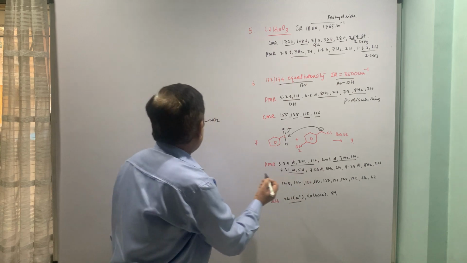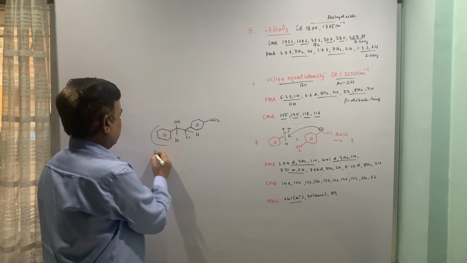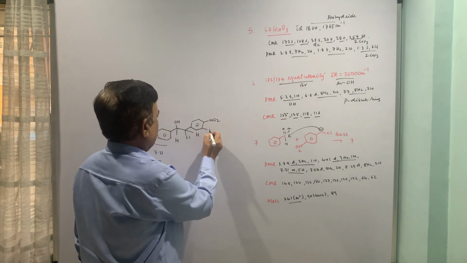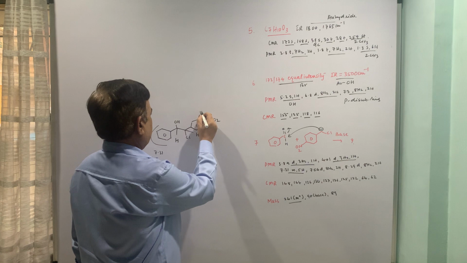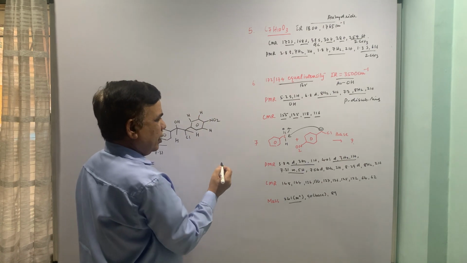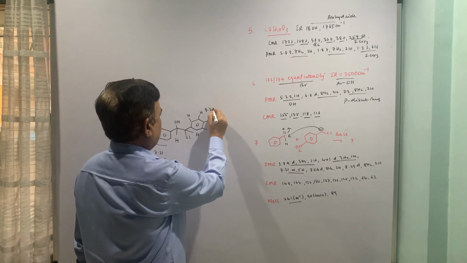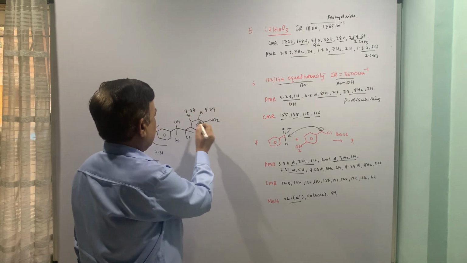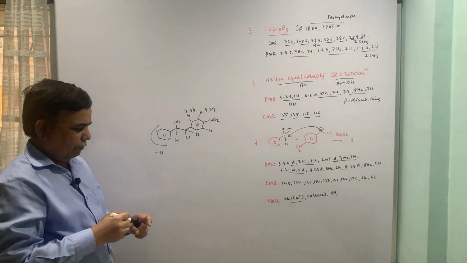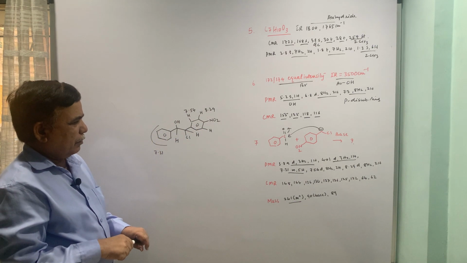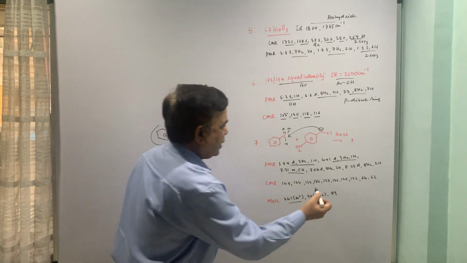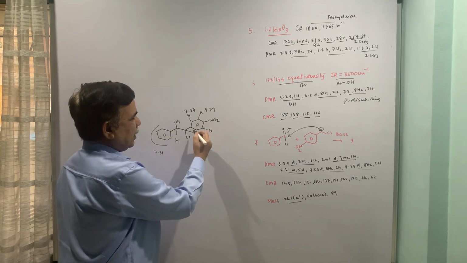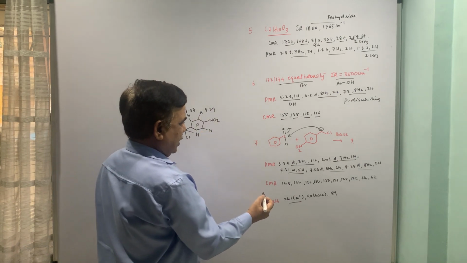7.31 multiplied 5, so 7.31 is this part, that is a filled thing. And now here I will put the values on the top. 8.29 is ortho to nitro, 7.54 is meta to nitro. Meta to nitro is going to be upfield, and if you look at the pattern, this is a para disubstituted ring, the second ring we are talking about. This is monosubstituted, this is para disubstituted, and everything is clear from here.